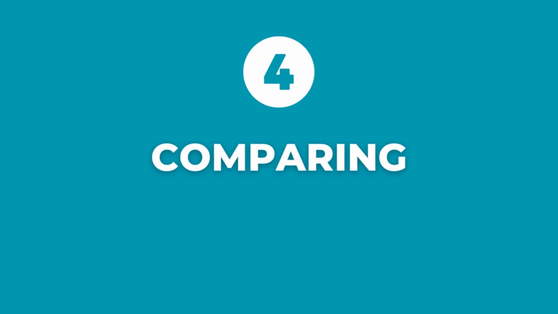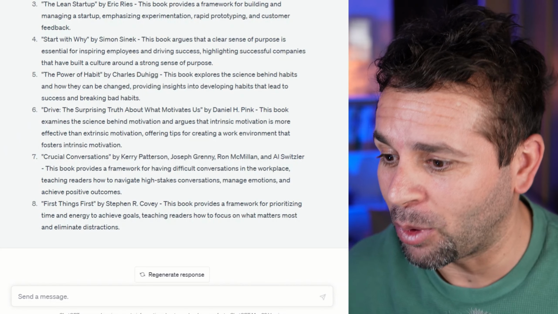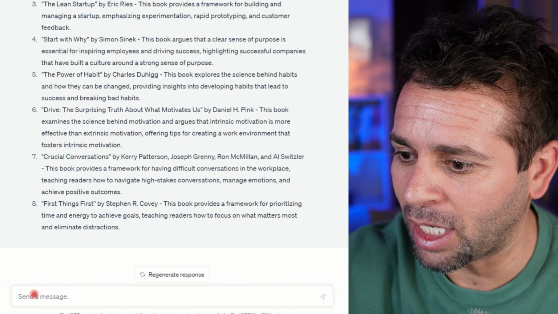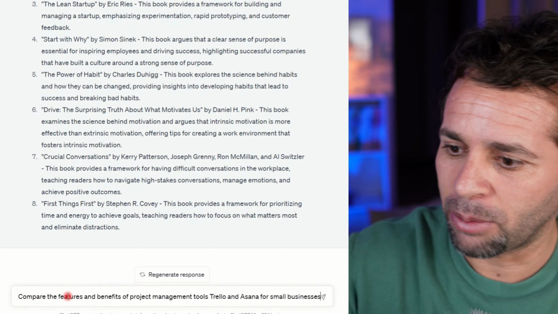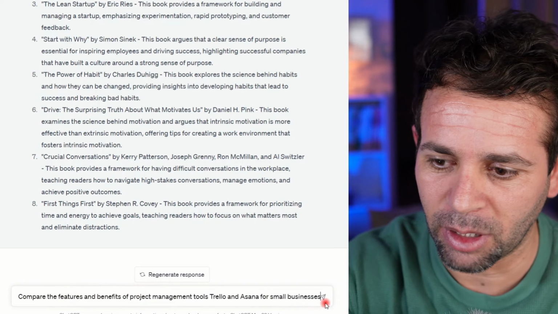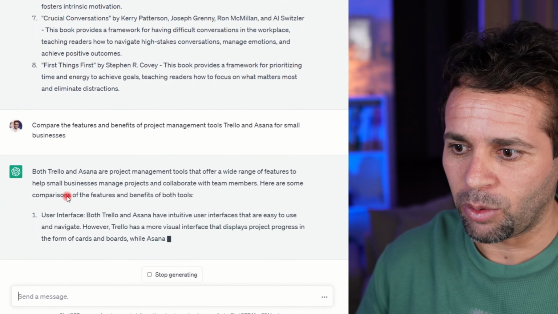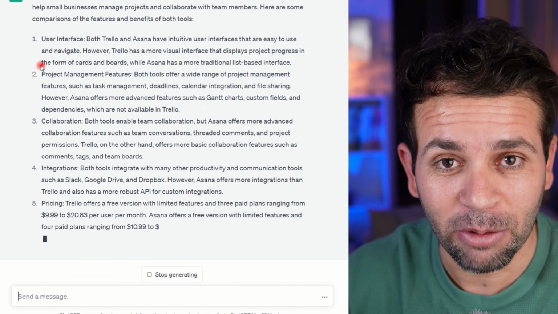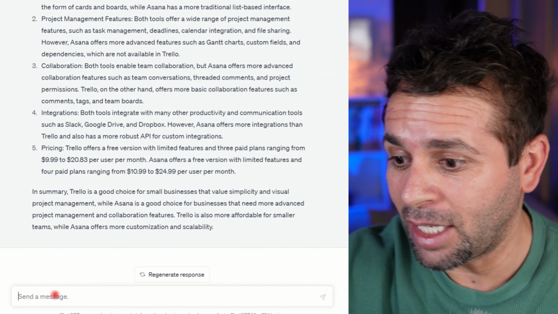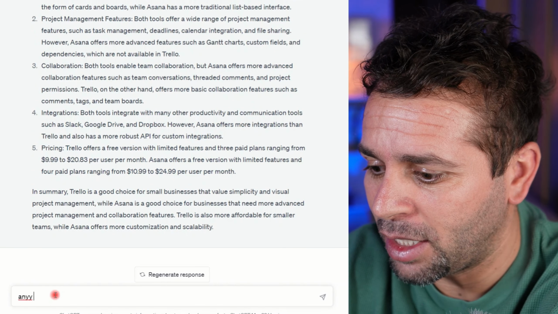The next method to use ChatGPT is for comparing. Let's say you want to buy a product, or subscribe to a certain service, or compare between two companies or two different platforms. You can definitely do that faster using ChatGPT. Let's jump into ChatGPT. For example, compare Trello and Asana. Give me a comparison between them. And it immediately gives you one, and then you can follow up